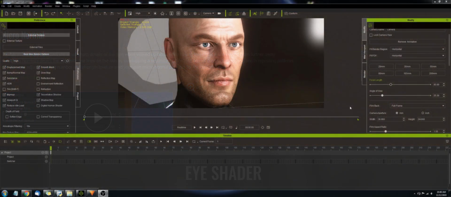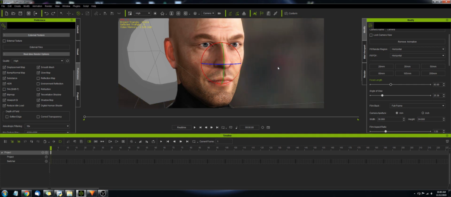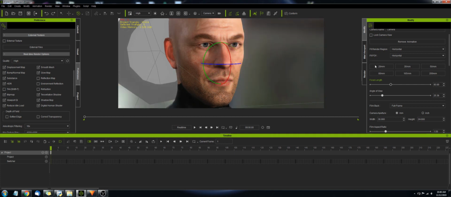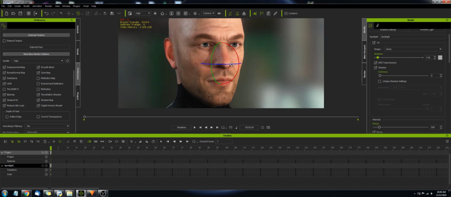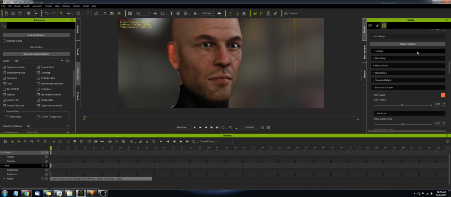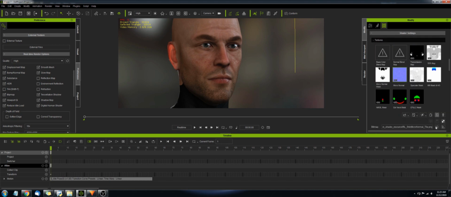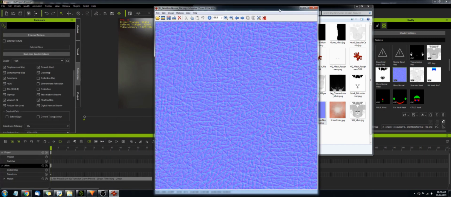So by now I think there's a pretty good chance that you've already seen the results of the digital human shader, and what this pretty much does is make the characters look significantly better than they did before. One of the biggest changes here is in the subsurface scattering maps that we can now use. This pretty much imitates the way light interacts with skin in real life, so that the skin in iClone appears a lot more realistic. Another addition is with micro-normal maps, which kind of give you the really fine detail in skin that you usually don't get in the regular normal maps that come along with your characters,